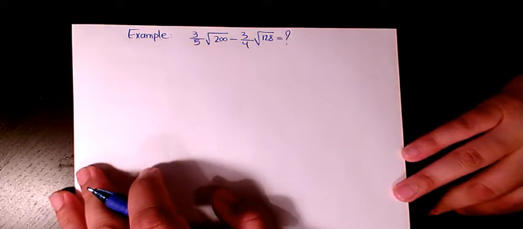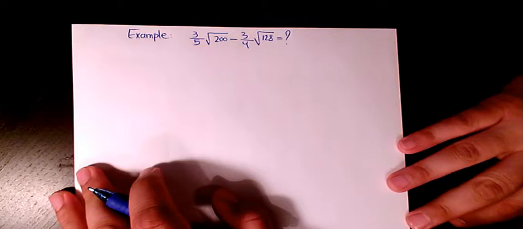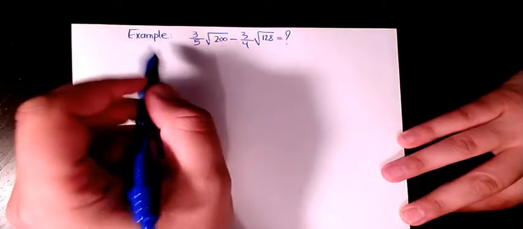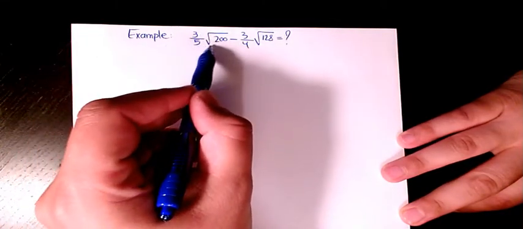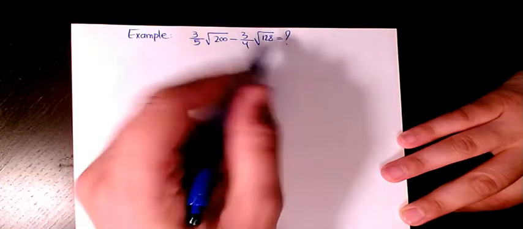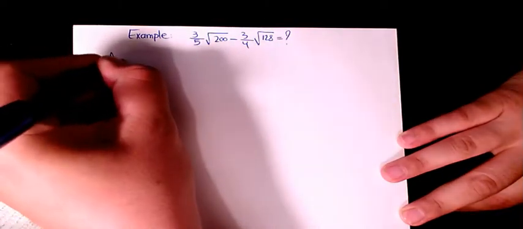Welcome to my channel. In this video I want to show you some examples regarding adding and subtracting square roots that need some simplification. So the first one is 3 over 5 square root of 200 minus 3 over 4 square root of 128. The answer is